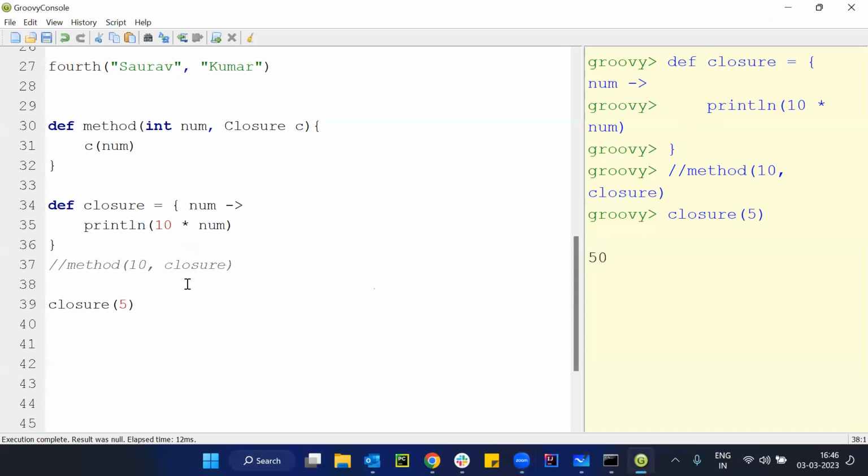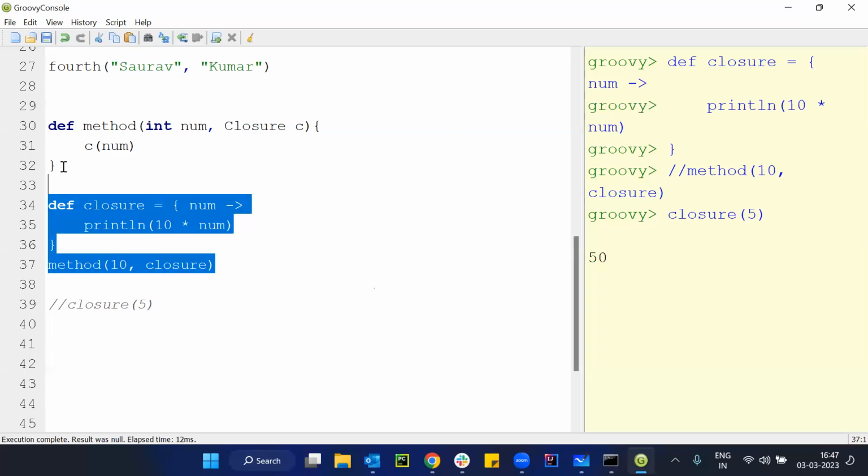Okay. Now let's comment this out. And this is where closures are more interesting. We can pass it to a method. So let's say I have a method defined here, which is accepting a number and a closure. And if I run this piece of code,